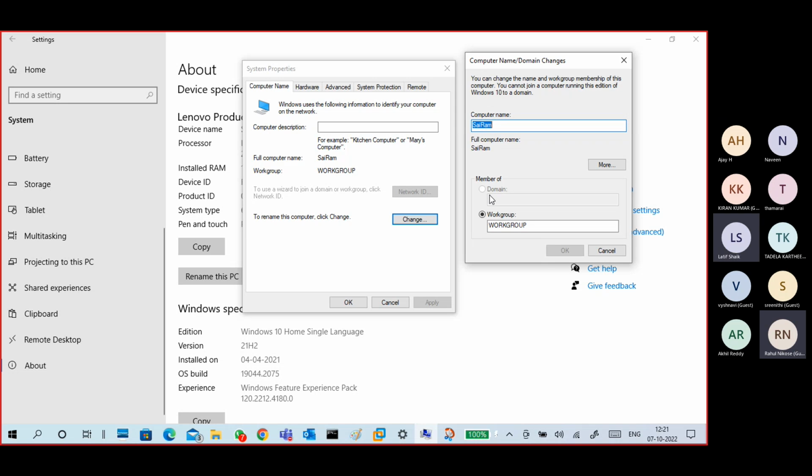I belong to a work group, not to a domain, and I cannot be a member of any domain. Why? Because I am Windows 10 Home edition. If I'm a Pro edition or an Enterprise edition, I can be a member of an available domain. But I am a work group. So individually,